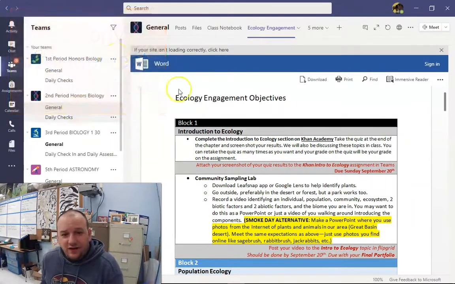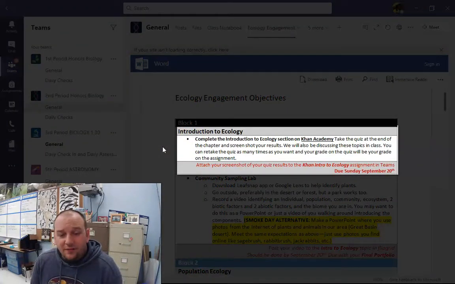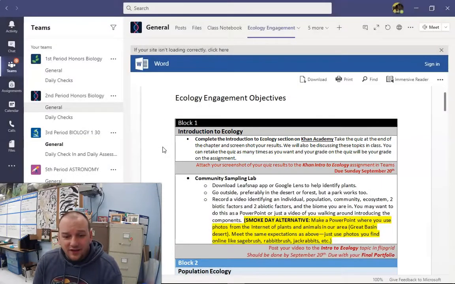Well, if you take a look, this is linked from the top of the general tab in both first and second period, so you can find it easily there. And there's two things you pretty much need to be doing. Number one is to complete the Khan Academy assignment. Go on to Khan Academy online, take the quiz, and keep going until your score is good enough to get that crown score. If you can't quite get to the crown, that's okay, but get close to that level as you go through it. And this will give you an introduction to some of the ideas found in ecology.